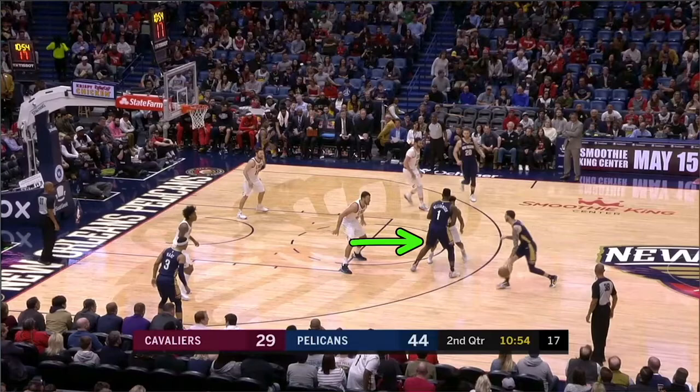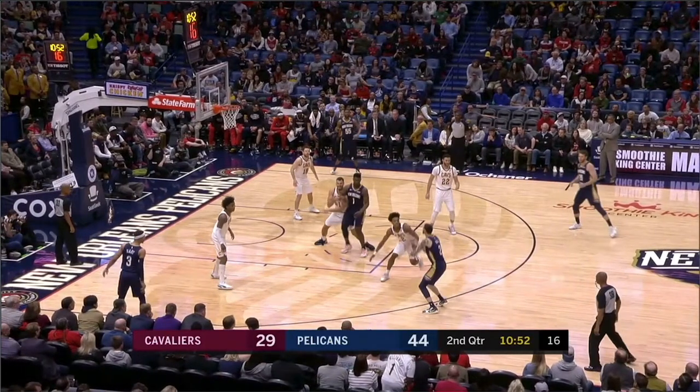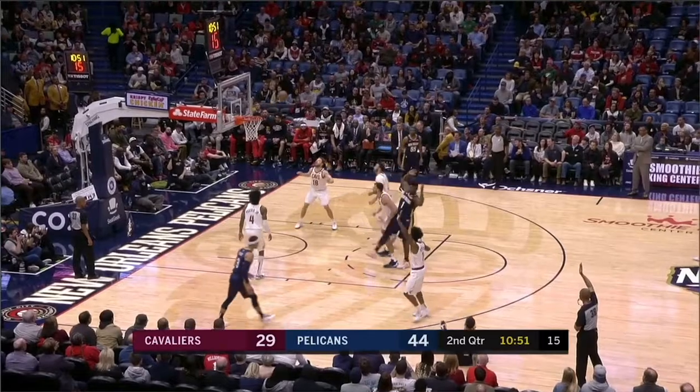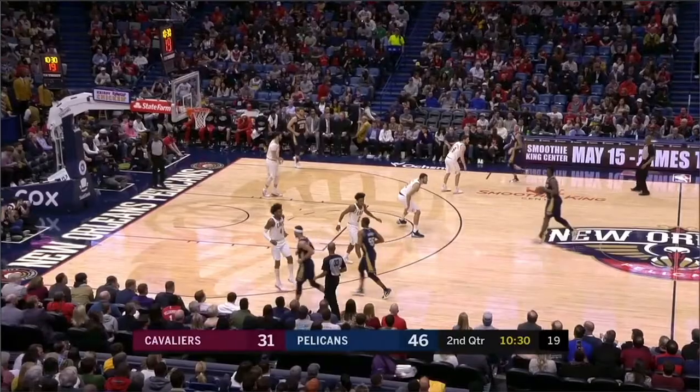Okay? Look at this. Because he doesn't jam the screener here, look at how far under this player for Cleveland's going to have to go. And now you're just giving up open looks, and because it's a late contest, it's going to end up being a 3-shot foul for the Pelicans. We're looking at a defensive clip here.